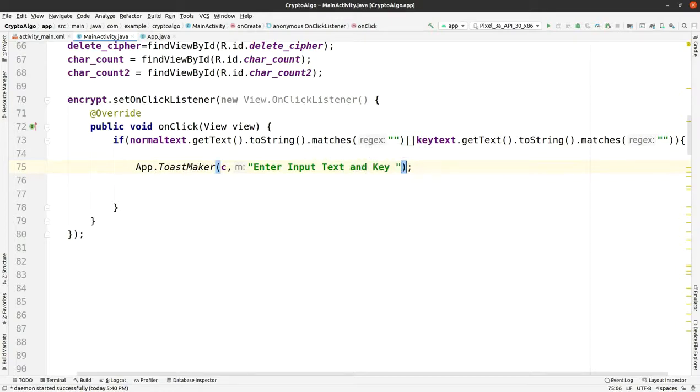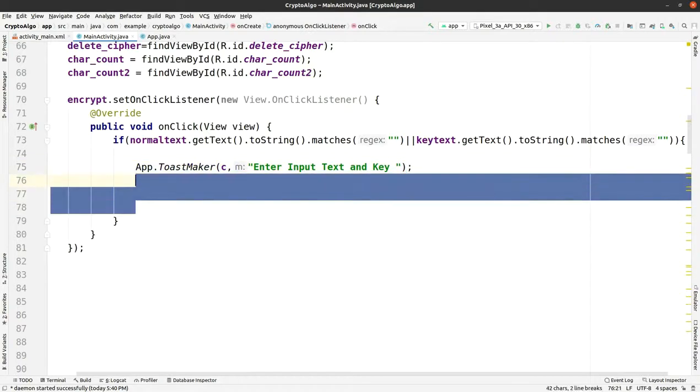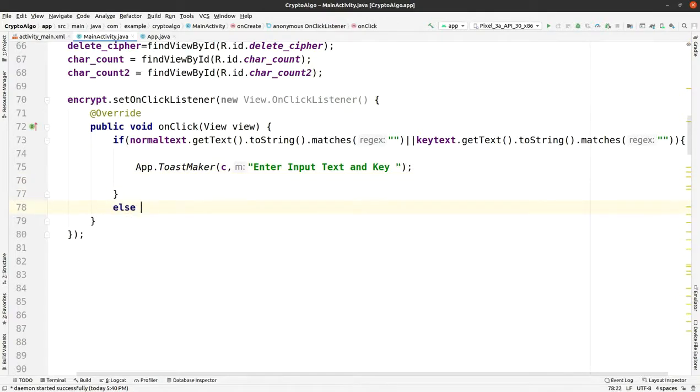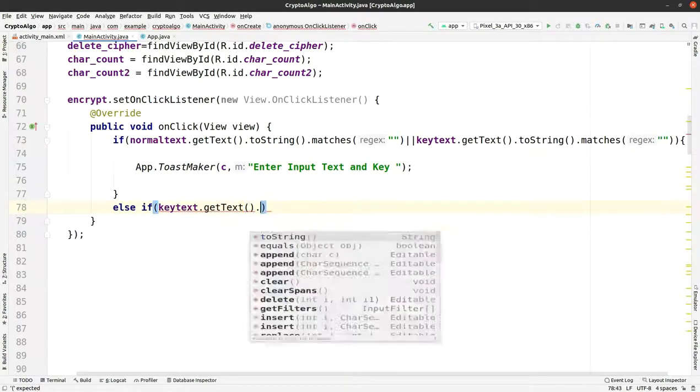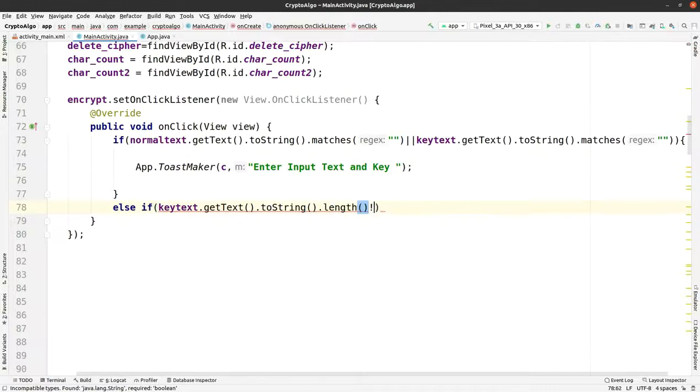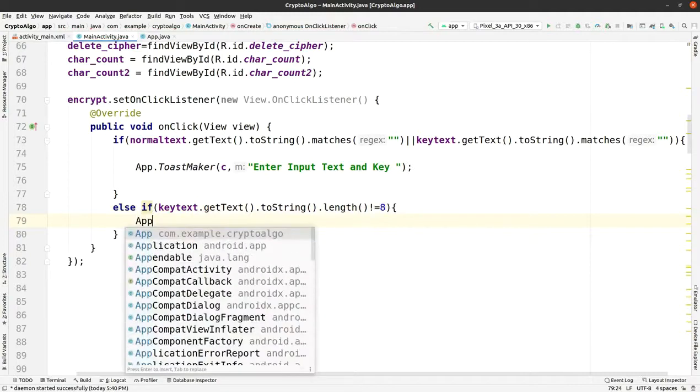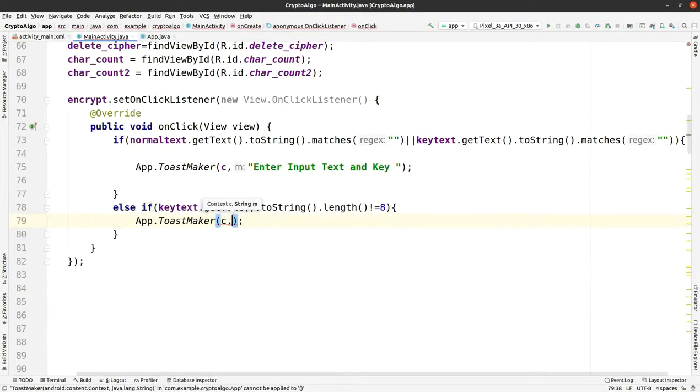And in the if condition we have used the regex having no value of string, and then the else if key text dot get text dot toString dot length, we are getting the length of this, and if it is not equal to 8, that means we have told that the key of the cipher should have the length of 8 characters, and if it does not have 8 characters, then we have to pass up the toast that please enter the key of 8 characters only.